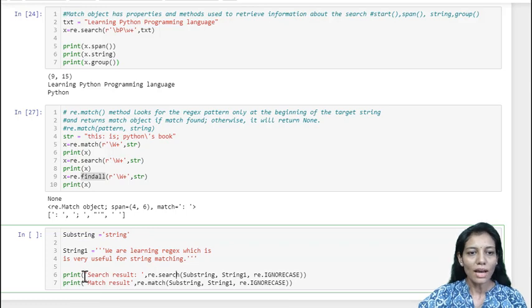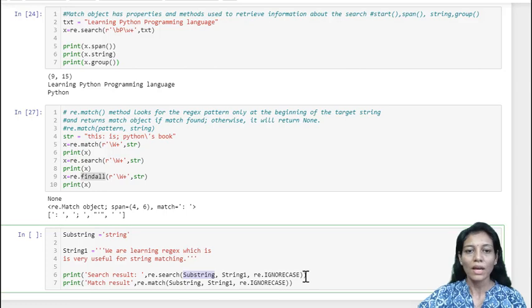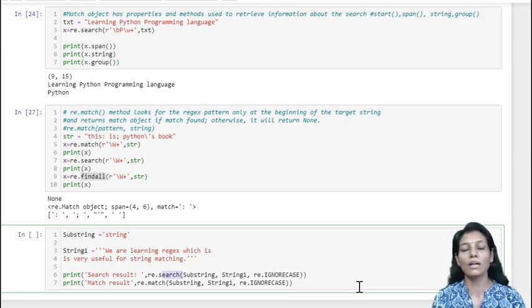So first of all I have used the search method, okay, which I know will scan the whole string and will extract the information as I have specified in substring. And the last parameter which I have specified is ignore case, that is the flag we can give in order to indicate that it does not matter whether the substring found in the text is uppercase or lowercase.